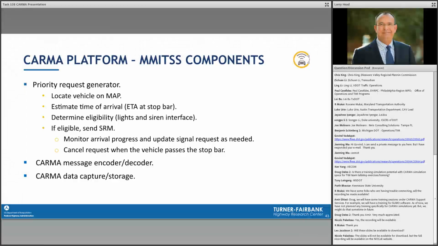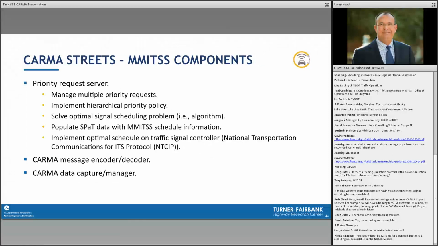If it's eligible, then it would send the SRM. CARMA platform can provide the encoders and decoders and the data capture that we're doing today. The CARMA Streets can provide the priority request server functionality without us having to worry about message encoding and decoding. So it can manage the multiple priority requests, it can implement the policy as set up by the operating agency,